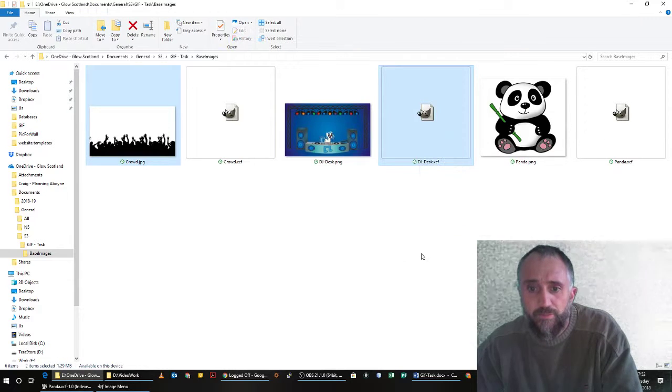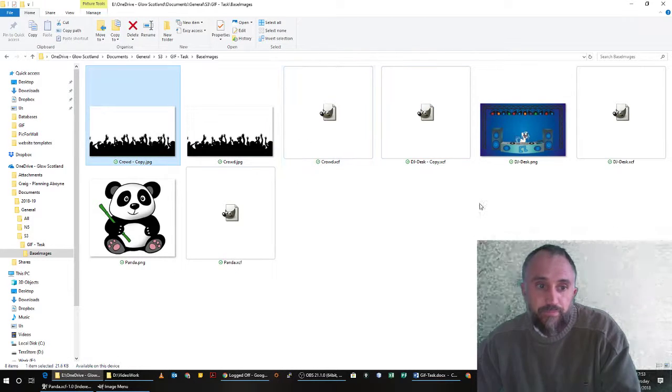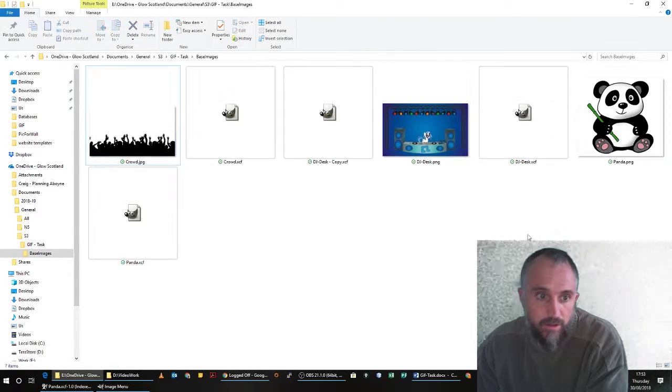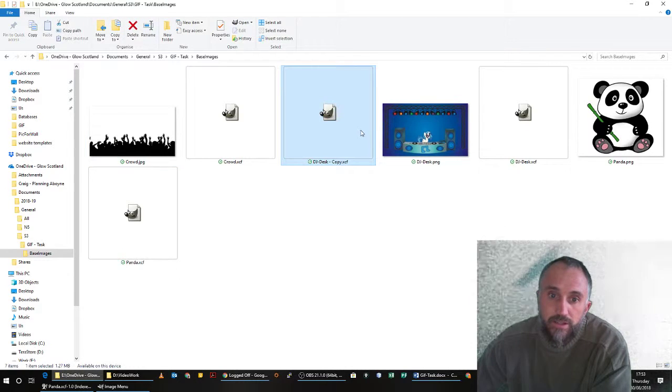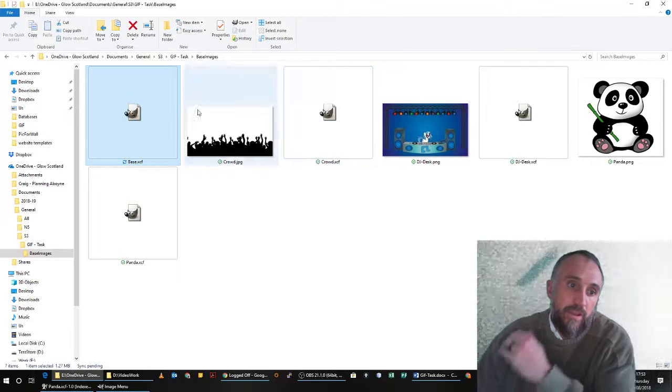I'm just going to copy this to make a second one. Oops, I made a copy of the crowd as well. Okay, let's delete the copy of the crowd. Okay, and let's make the DJ desk copy. Let's rename that to my base. So this is going to be my base structure, and I'm going to open this up